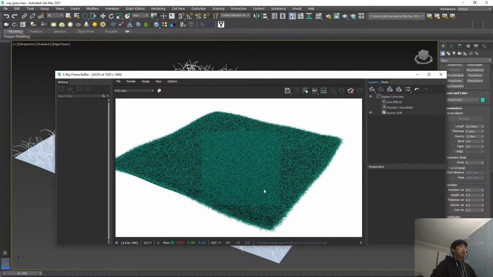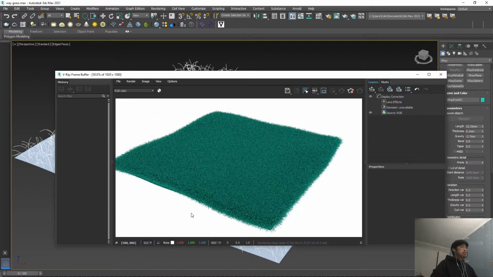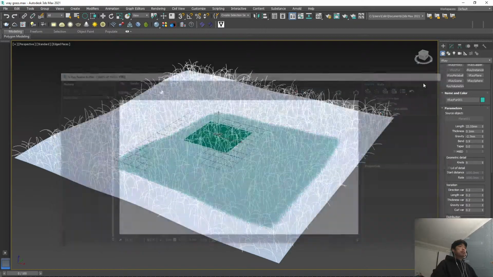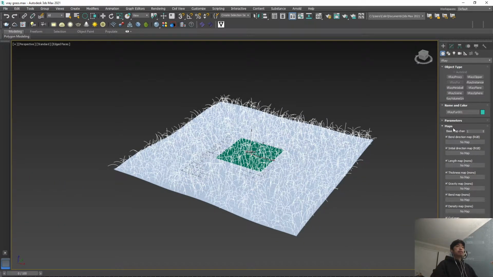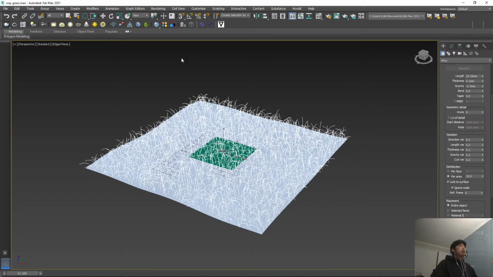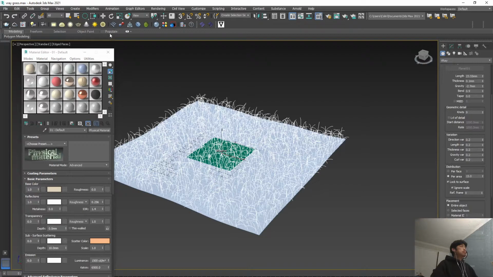And now you can see that there's a lot more grass in the viewport on our plane. And now you're ready to render once you've set the right parameters for your own project. So we'll go into the material editor, and we'll start by creating a material in here,